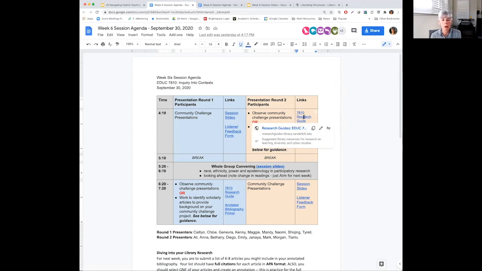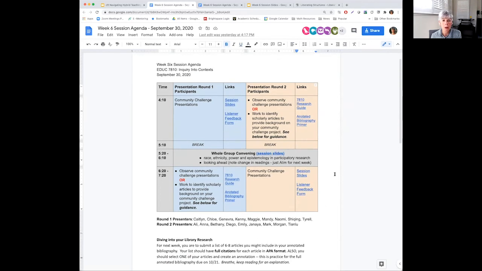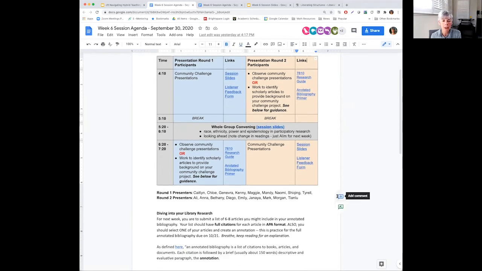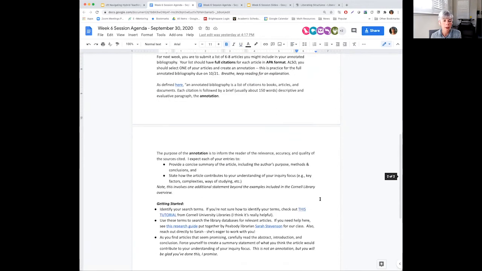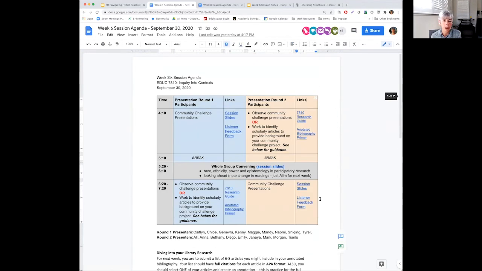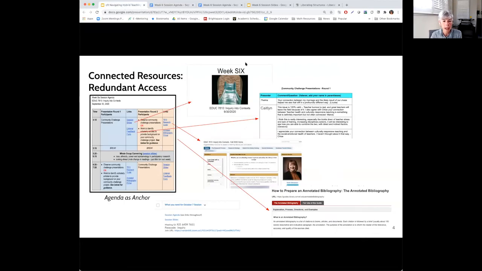And then if they were doing small groups getting ready for their research, again they had the resources that they needed. If there was any small group work, I listed how the small groups would be made up. This anchoring Google Doc was incredibly helpful for them. And what I found was that some of the disengagement, I'd never realized this before, was because students just didn't even know where they were supposed to be sometimes, or what resource they were supposed to be using.